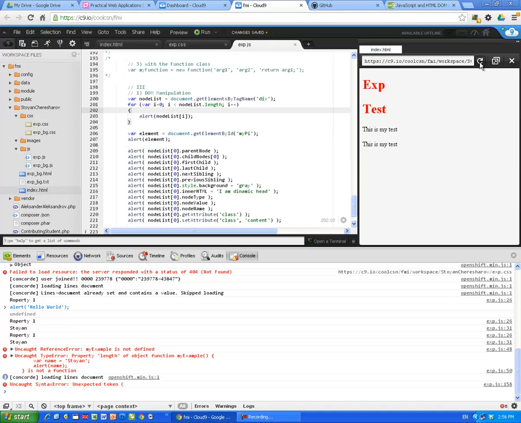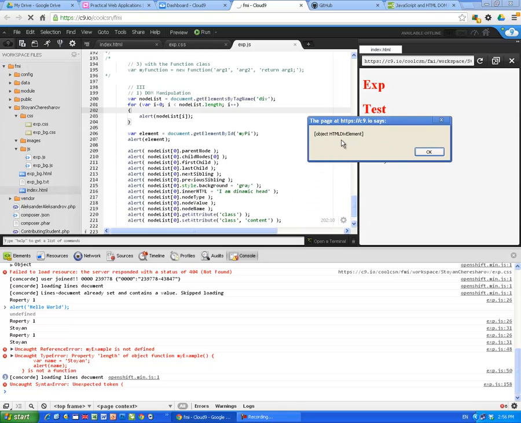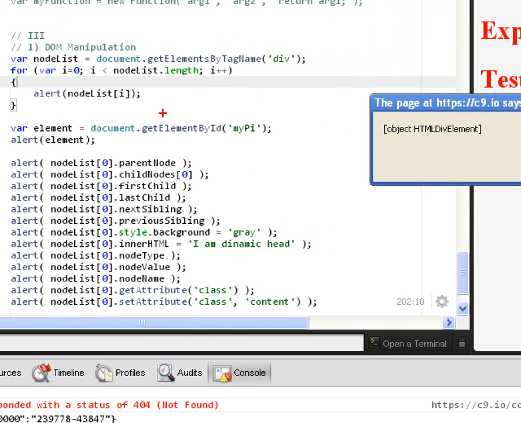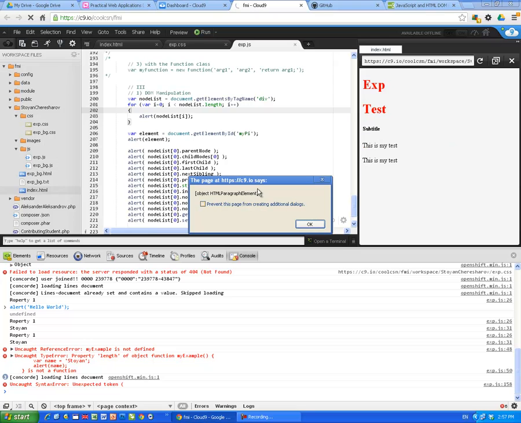Object, where this comes from, I'm going to show that. It comes from this alert here. We're taking all the div elements, looping through them, and showing each one of them. In this case I have only one div, so I'm not expecting more divs. Object div element, this alert. Now object HTML paragraph element, let me show you that. I'm recording in high resolution, HD, so hopefully you will be able to see. This is this alert,